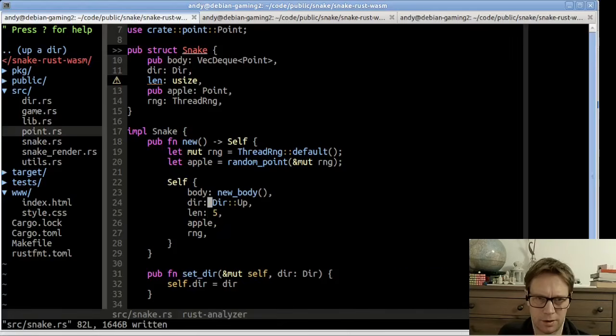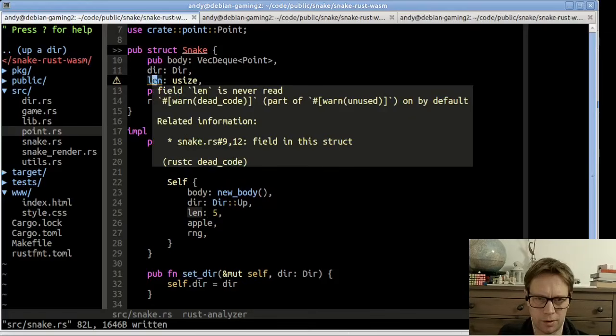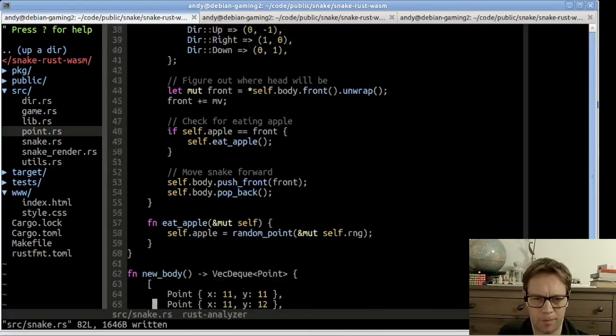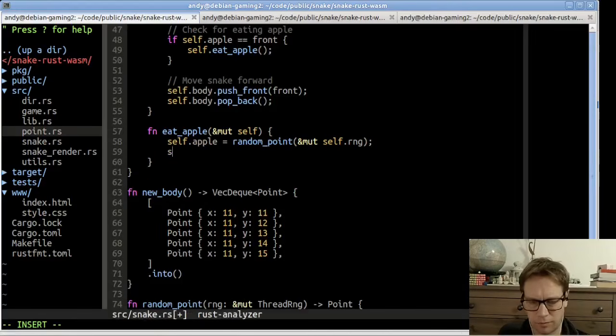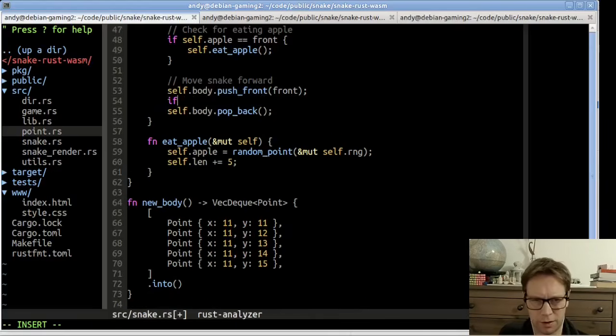All right. Now, what's it complaining about? It's not used. Okay, so when we eat an apple, we're going to increase the length by, well, should we increase it by a random amount or by 5? Let's increase it by 5. There's nothing wrong with that. Now, how this is going to work is, instead of it just always removing our tail, we're going to say something like if self.len is